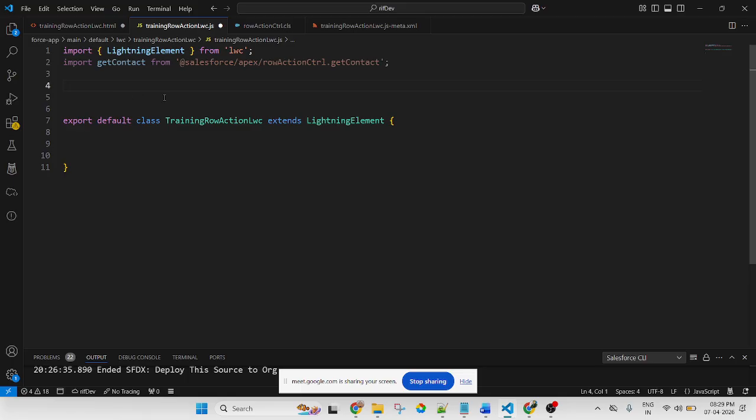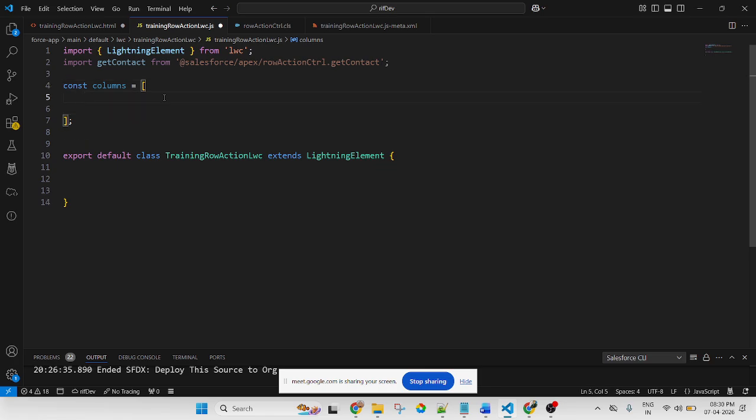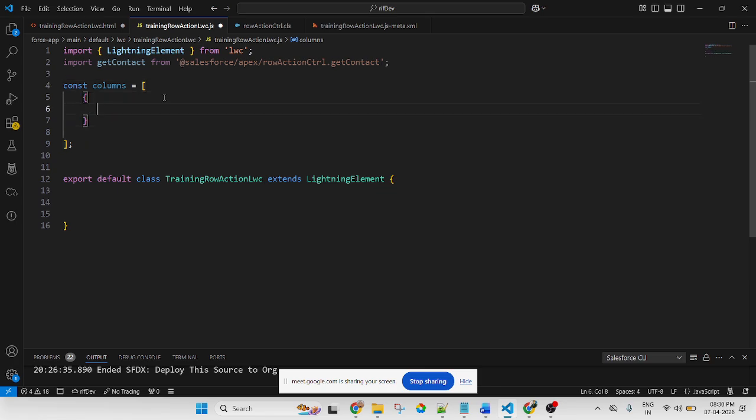So here I will create a constant variable, an array of objects in object format, like label and field name.